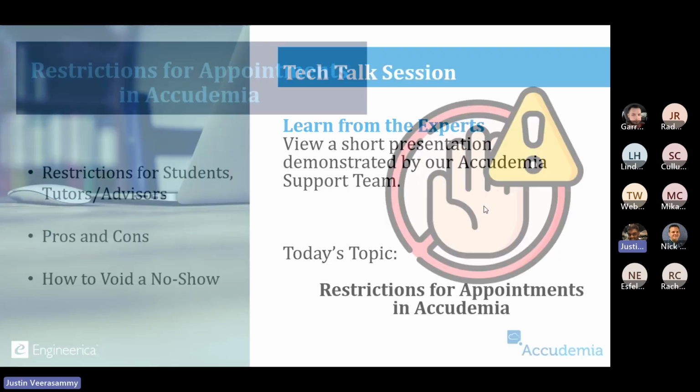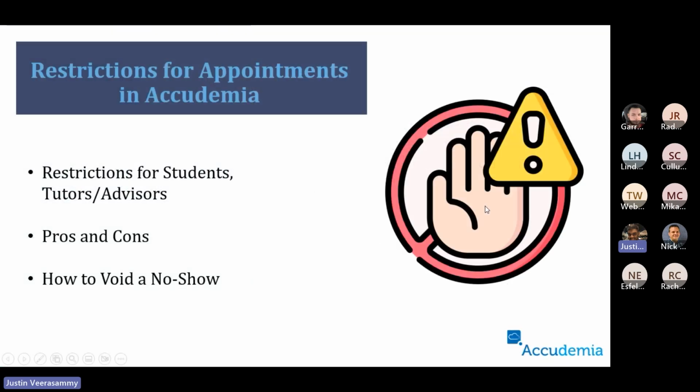Today I'm going to go through what you may want to know about different restrictions for your appointments within your Accudemia account. I'm going to be discussing some of the different types of restrictions that are available for students, tutors, or advisors. Also, some of the pros and cons of specific restrictions and how to avoid a no-show for a student, for example, if they don't make it to an appointment, even though you can set up that restriction within